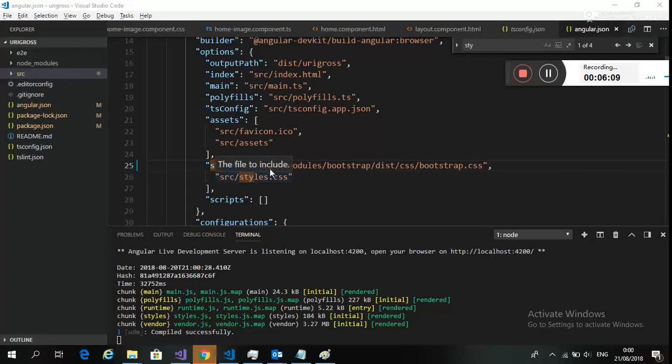Okay, you put this code in node_modules, the main library, without a dash or something like this. node_modules/bootstrap/dist/css/bootstrap.css. Okay, and don't forget the comma, semicolon, and